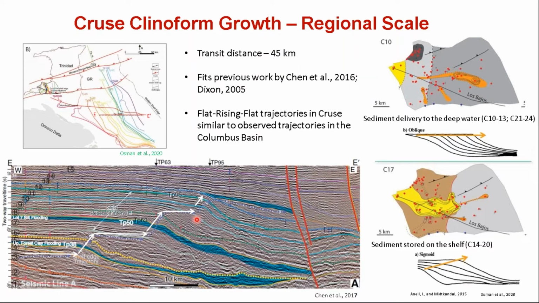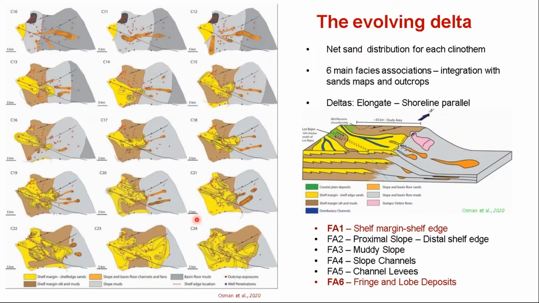So it's likely that the entire Orinoco margin on the Trinidad area was impacted by probably a series of tectonic pulses, probably of transtension and transpression, resulting in these changing trajectories. Now, of course, as I mentioned earlier, what's important to these trajectory changes is it could also be used maybe to predict times when more sediment might be moving beyond the shelf edge area rather than being stored on the shelf margin. So in addition to looking at the clinoform framework, we also looked at the sand distribution within these